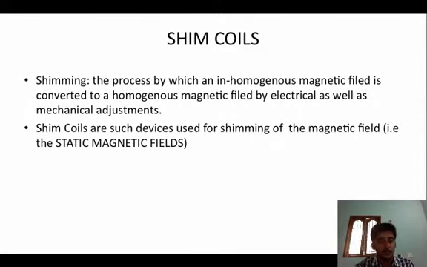Now what are the shim coils? Shim coils are used to convert a non-homogeneous magnetic field to a homogeneous magnetic field. Though we have a magnetic gradient along the length of the machine, there will be a varying intensity of magnetic field from the outer radii of the magnet to the center of the magnet, which causes a gradient along the other perpendicular direction. This is not required. We are just using two coils along the length to create a gradient along the length, so this is nullified, or can be controlled, by shim coils.